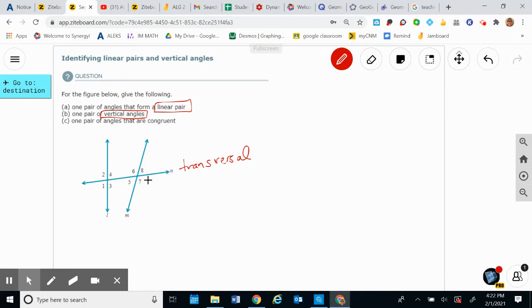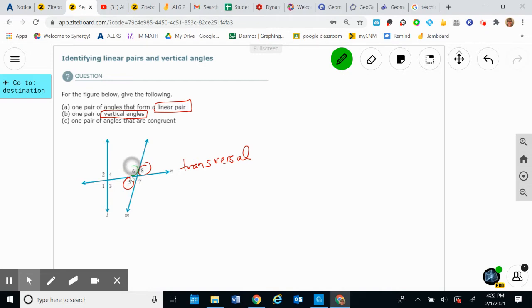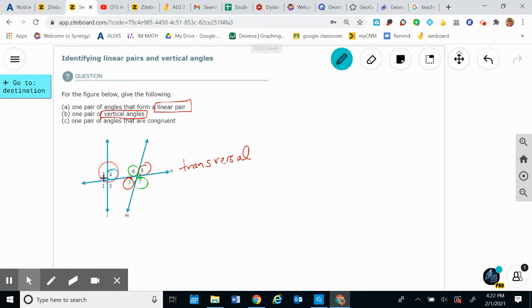I'm going to do it real quick, okay? 8 and 5. I'm going to do these in pairs. These are all pairs, by the way. 6 and 7. Notice those are 2. Okay. And let your eye